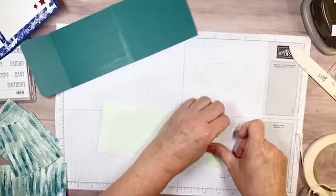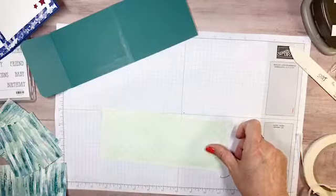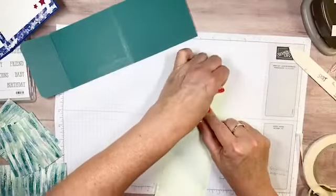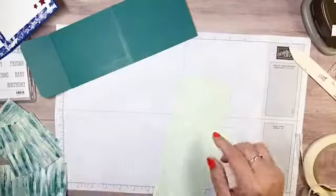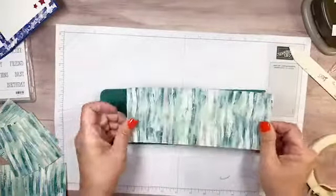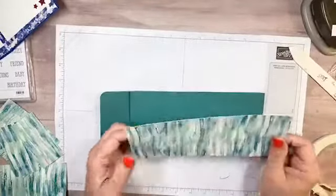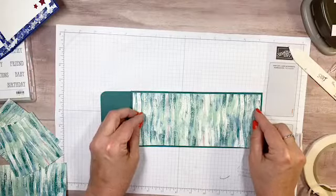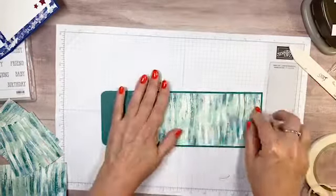Now, when you put your designer series paper on, we're going to put it on before we score. Before we score. There we go. So we're going to place our designer series paper down. Kind of making sure it's even or close enough. Like